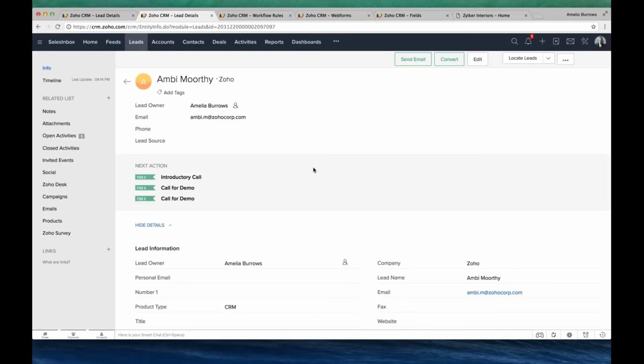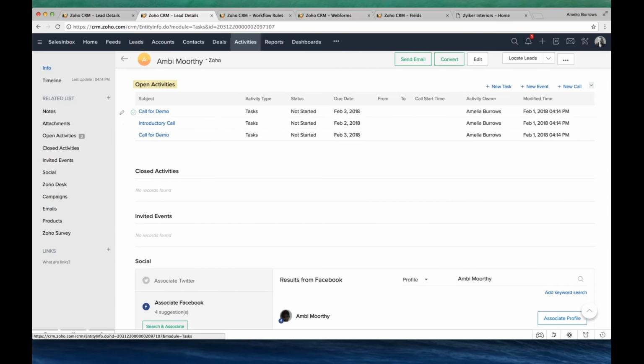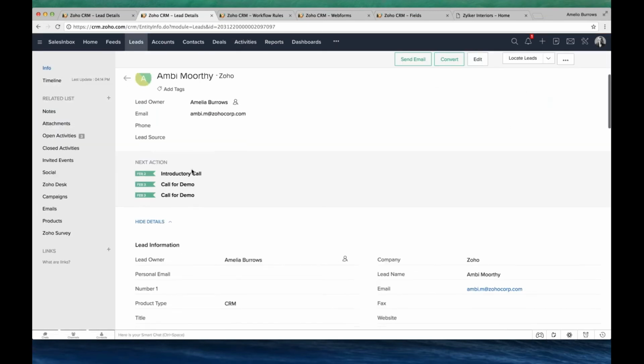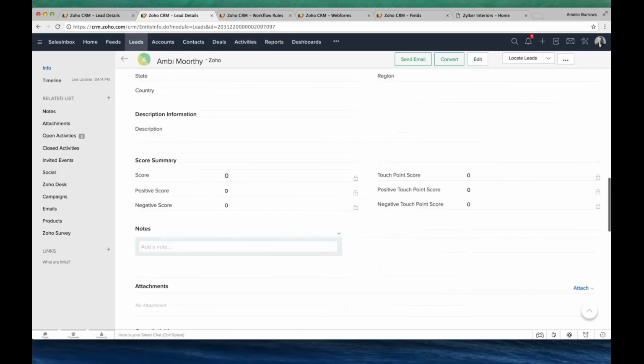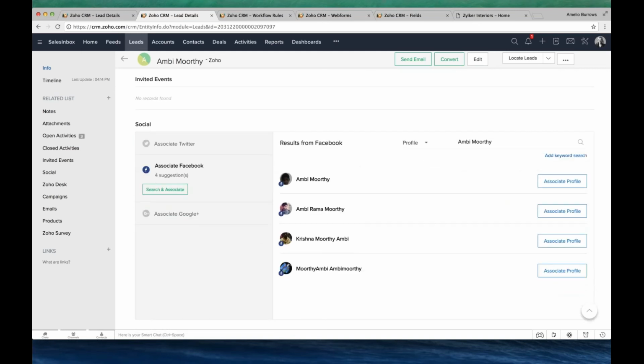Perfect. Now you could see these are all the next actions: introductory call, call for demo, and other things. So this is the call for demo that we have created. And then the emails that we have sent.